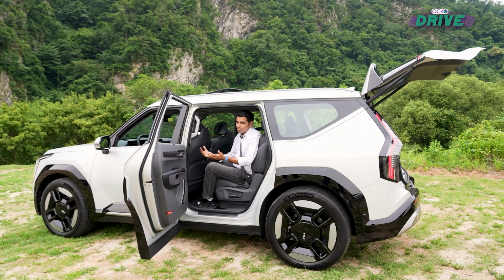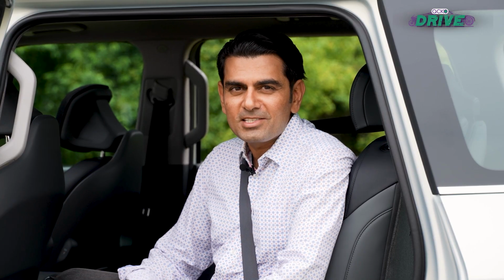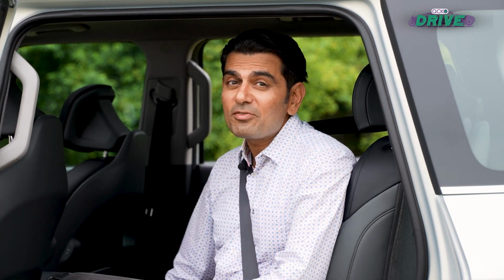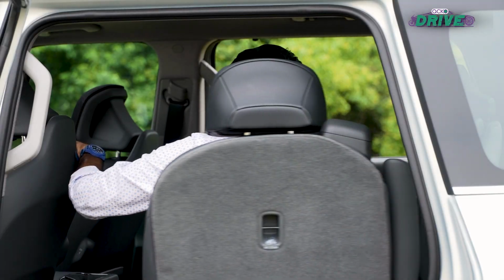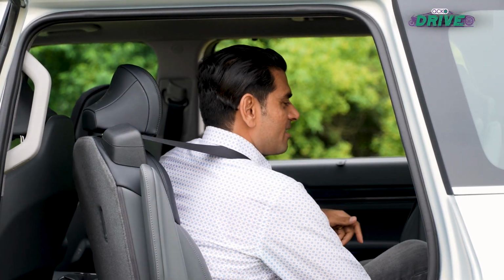Access to the third row. Now that's pretty simple. It happens in all 3-row cars pretty easily these days, but there's a nice little party trick on the EV9 that's got a lot of discussion going, and this is it. Yes, you can swivel the seat around. It makes getting in and out easy if you need to do that, and you can also turn all the way around and have a nice